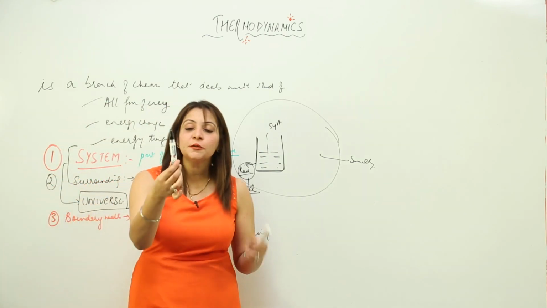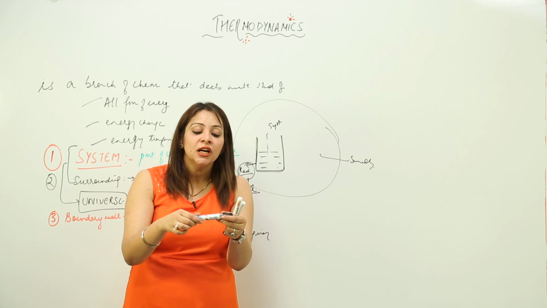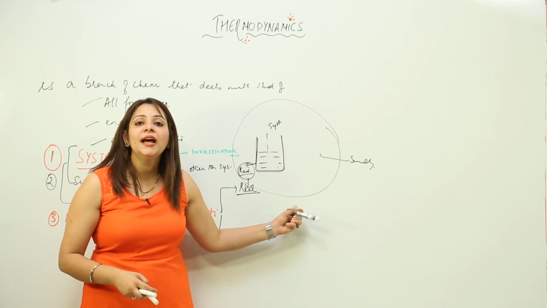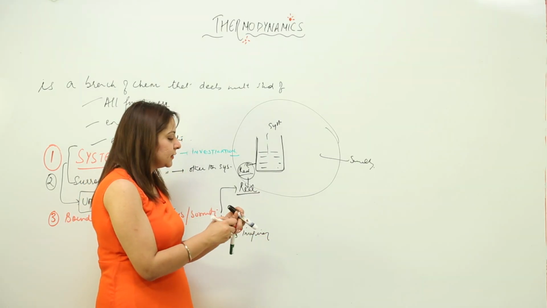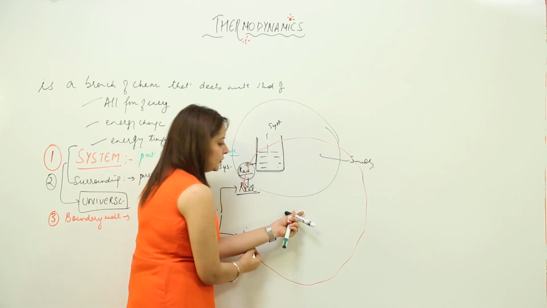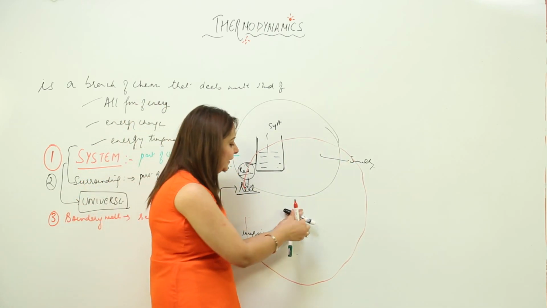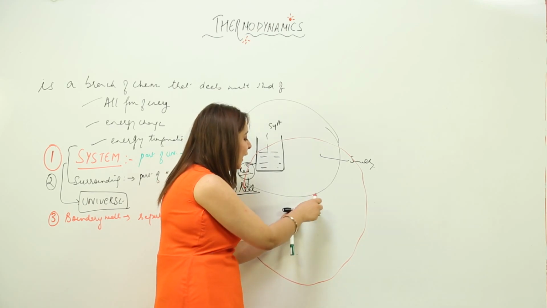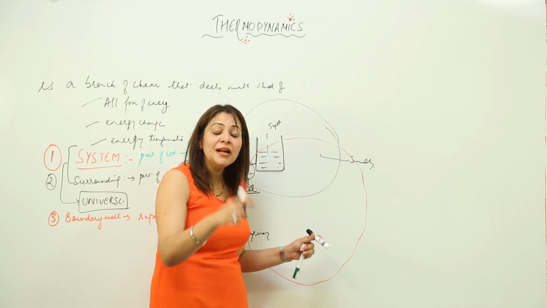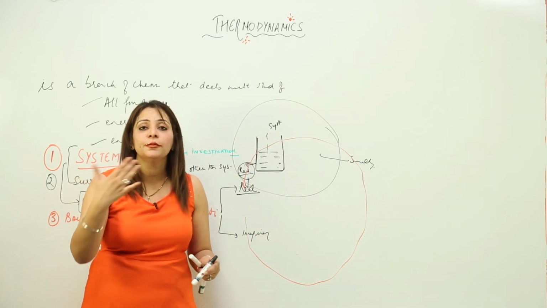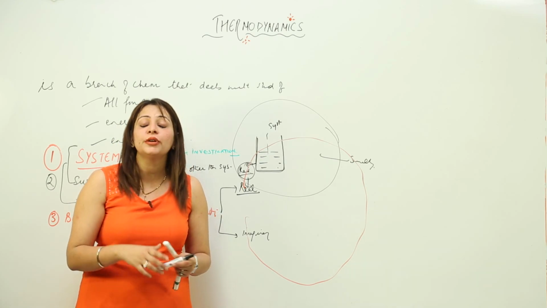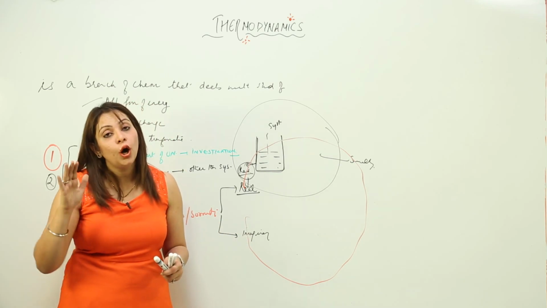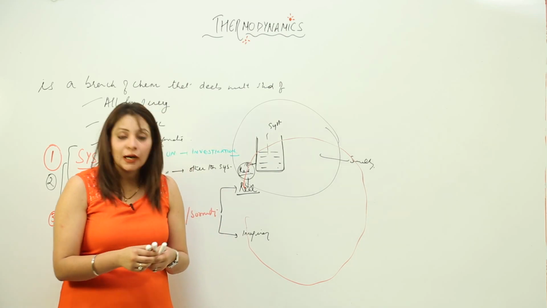But when I talk about this marker, suppose I am going to heat it, so the energy is going to rise from it. Suppose when I heat it, all the energy spreads up to this region. What will I say? Yes, this is a marker, this is my system, and apart from that is the surrounding, but we do not get to see any boundary separating them. But there is a boundary that separates this system from the surrounding, and that boundary which you cannot see with your eye is called an imaginary or virtual boundary. There is always a boundary separating system and surrounding.